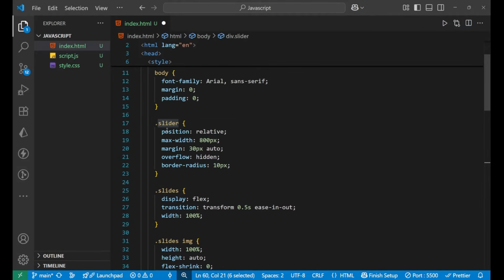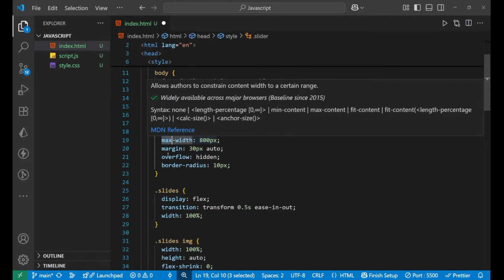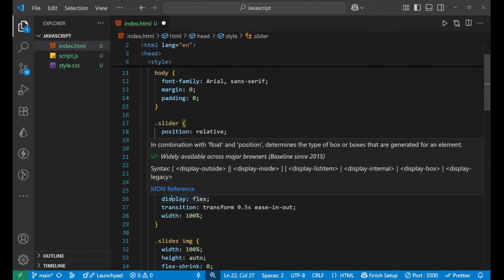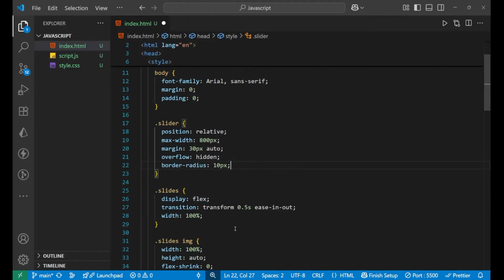For the slider I put position as relative, max-width as 800 pixels, the margin, and the overflow. Overflow is hidden so that no other content will appear outside the border, and I have also given a border radius.